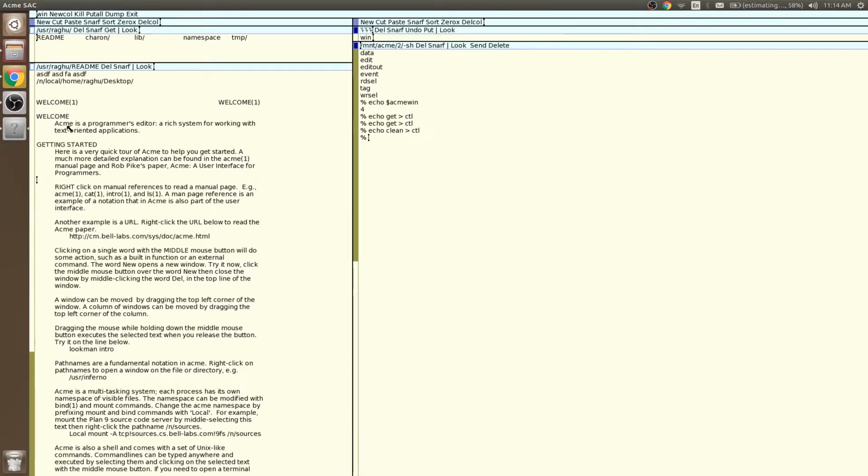Let's say we want to highlight content in the file like this. We can use this programming interface. First set the address from, let's say, the third line to the 30th line, to the address file, and then into the control file. Now from the third line to the 30th line is highlighted.